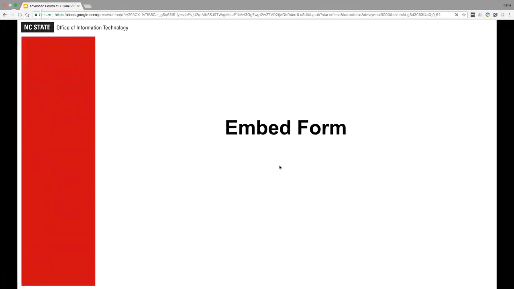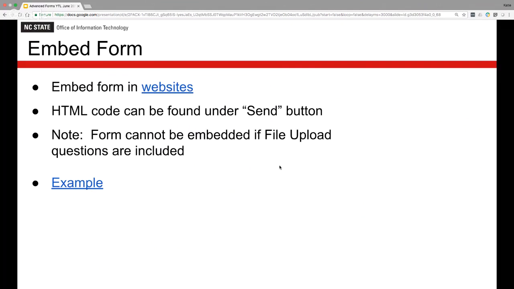Embedding a form. This is extremely helpful. I really like having the ability to take HTML code of your form and being able to embed that in other websites. So if you have an event coming up and you have a website about that event and you want people to register or to sign up right from the event page, you can grab your Google Form HTML, if that's what you're using for registration, and you can paste that right into your HTML code for whatever website platform that you're using to host your site. So I have one example here